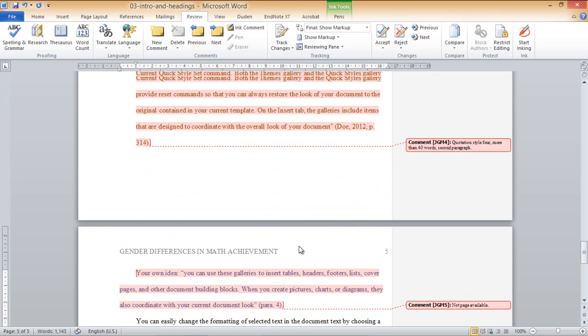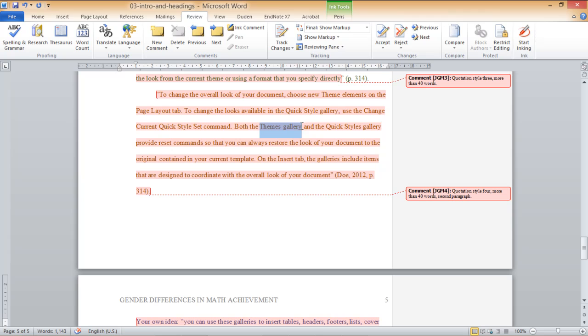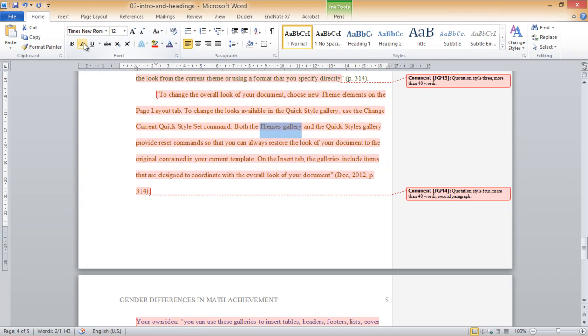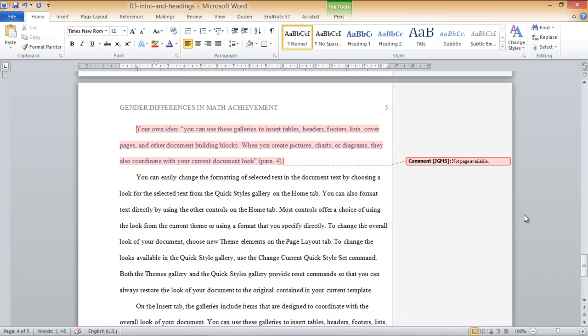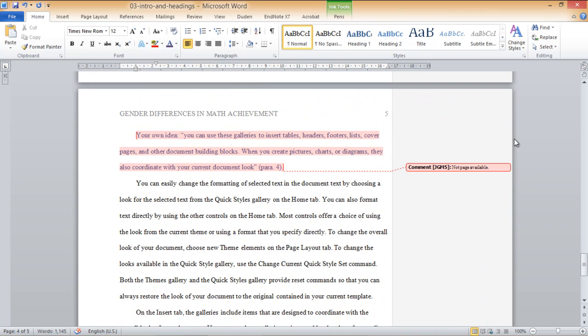So let's say these two words are really important to support our thesis, so we make them italic, and just after that in brackets you write emphasis added and close the bracket. So that's pretty much all for quotations.